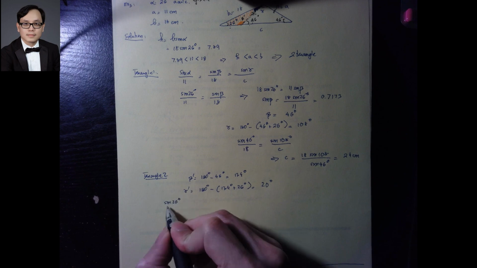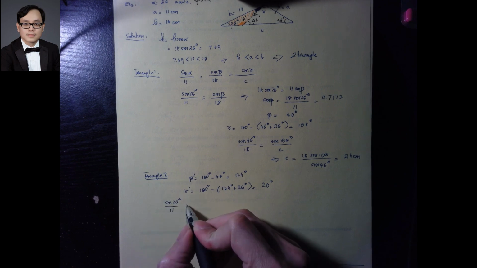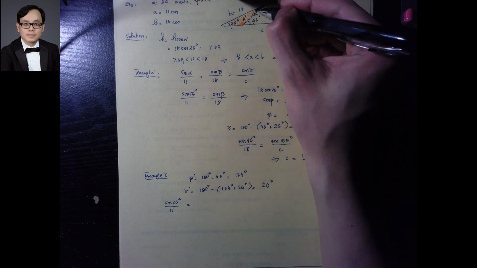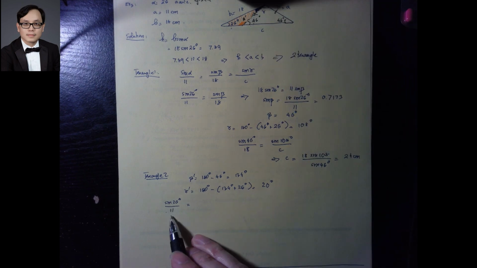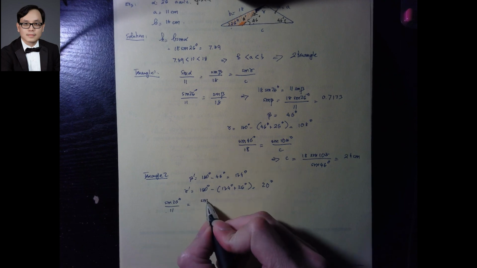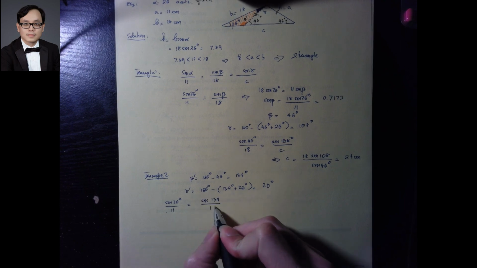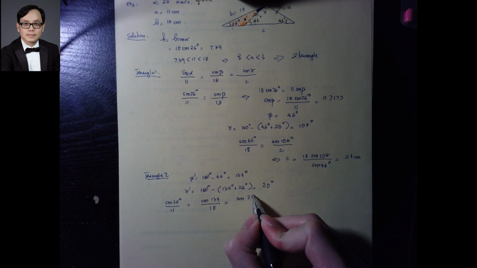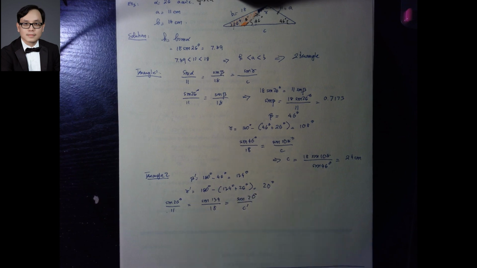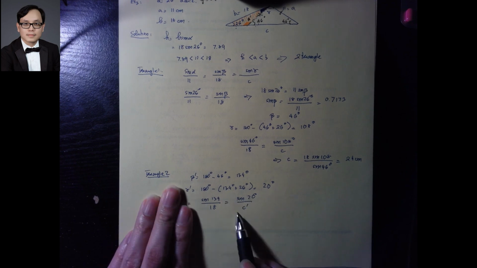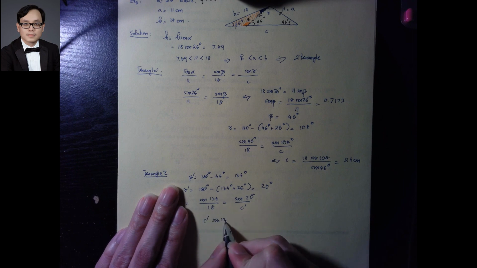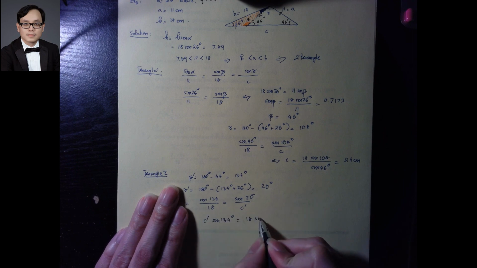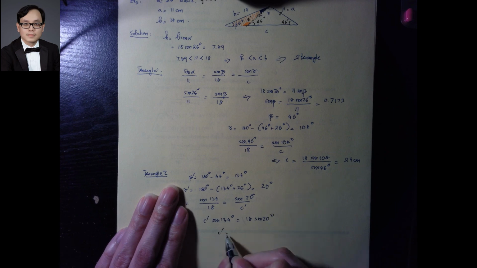Sine 26 over 11 equal to, this is 11, because it's isosceles. So this is also 11, so that's why we have sine 26 over 11. Sine of beta prime, 134, over 18. Sine of 20 over c prime. There I can get c prime easily by looking at this proportion only. So c prime sine 134 degrees equal to 18 sine 20 degrees. So c prime,